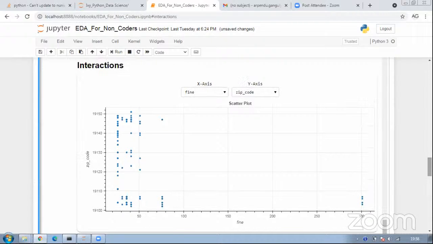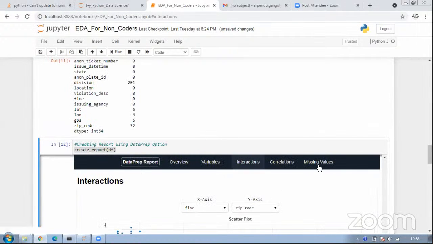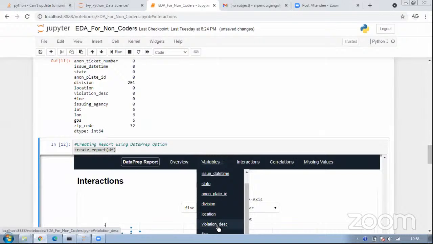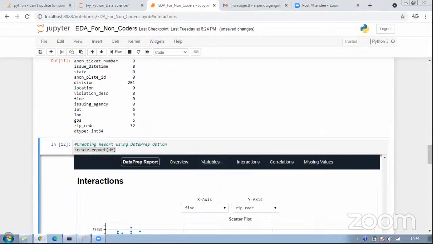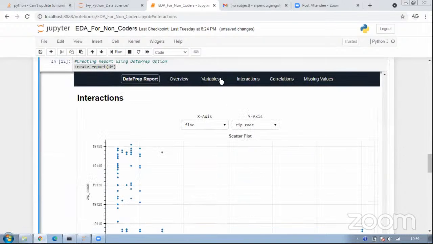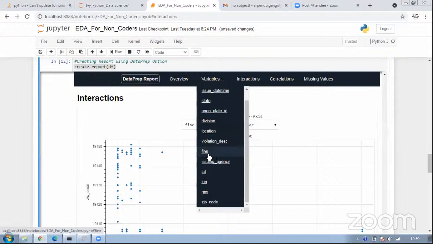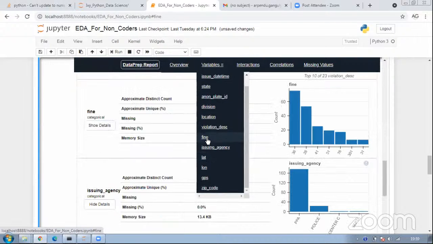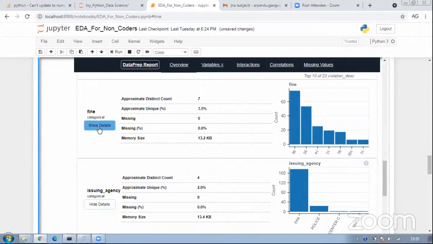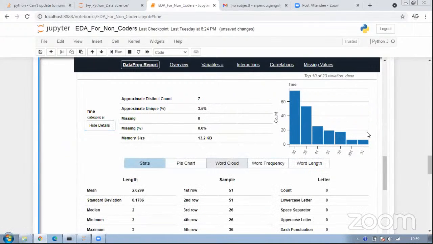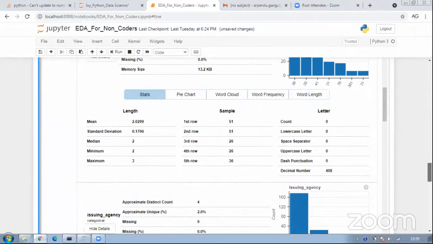Second, just for fine, if we remove the outliers, this particular variable, which is the most important variable from a parking violation point of view, looks pretty consistent, because apart from these outliers we do not have any major problems with this data.